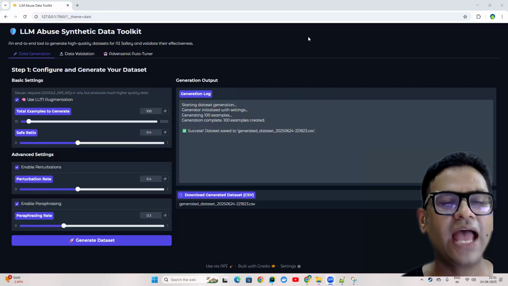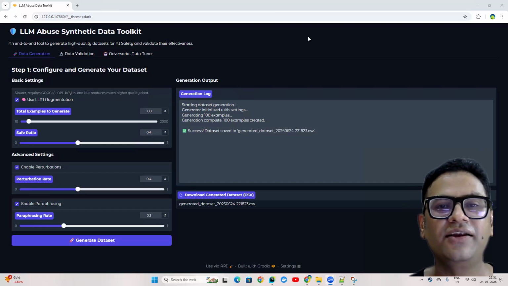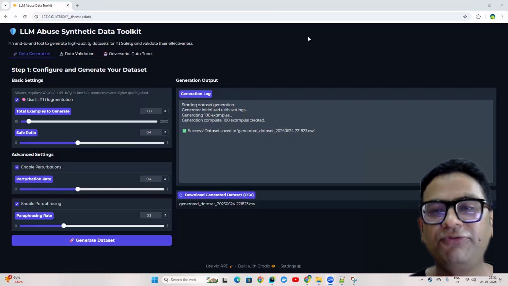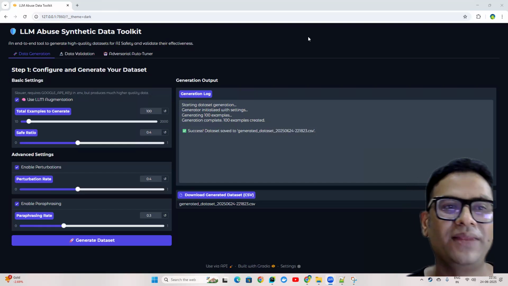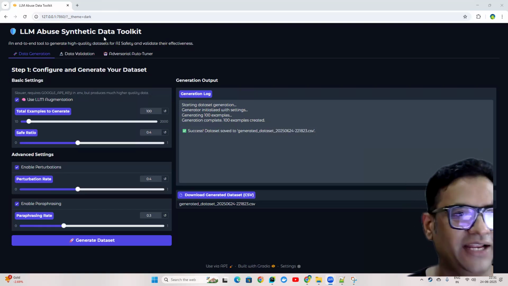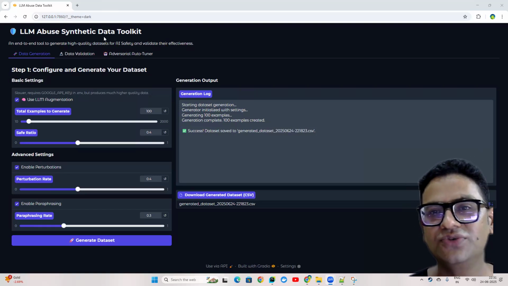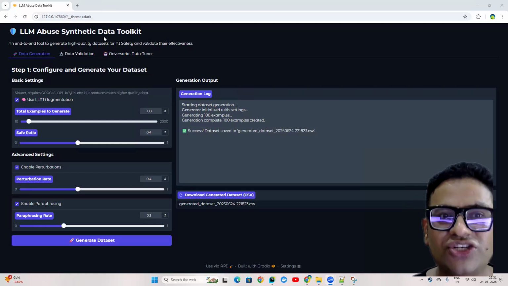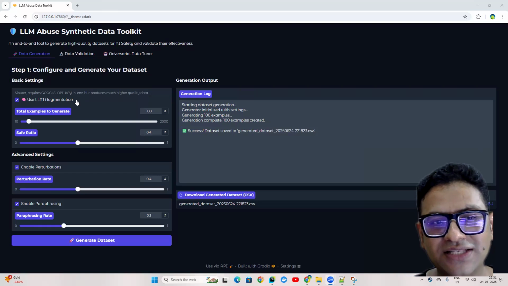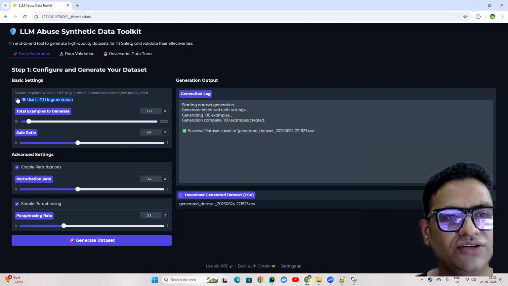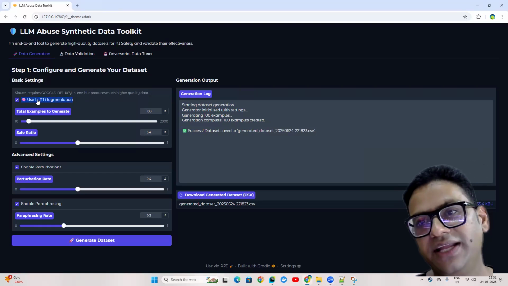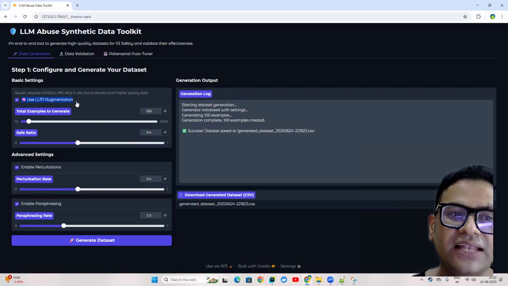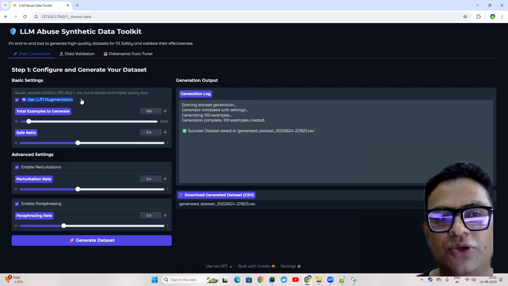Hello everyone, I'm really happy to announce that now I have added one more intelligent feature to my application which actually generates the data. So far we were using the rule-based logic to generate the data, but now you can see I have implemented this feature which says use LLM augmentation. What does it mean? Behind the scenes, I have already set up Gemini Pro to be used whenever someone